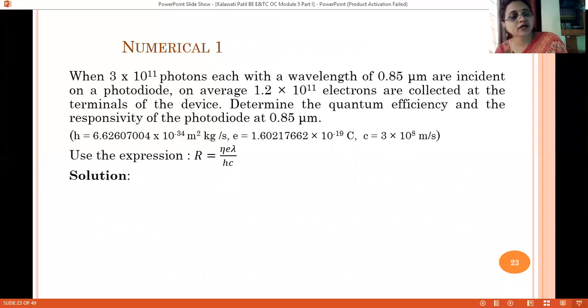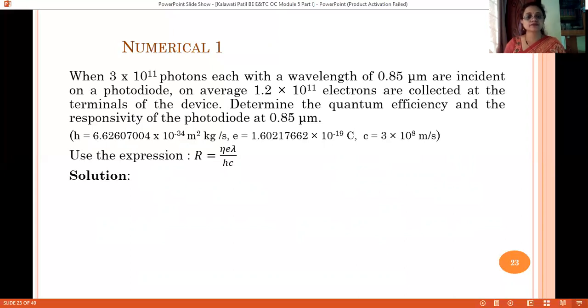Numerical one says that when 3 into 10 raised to 11 photons, each with a wavelength of 0.8 micrometer, are incident on a photodiode, on average 1.2 into 10 raised to 11 electrons are collected at the terminals of the device. Determine the quantum efficiency and responsivity of the photodiode at 0.85 micrometer.